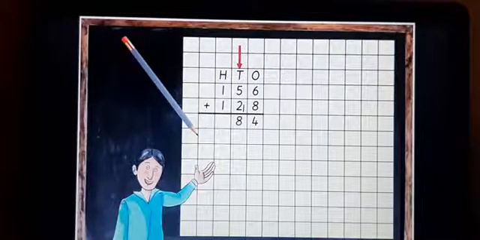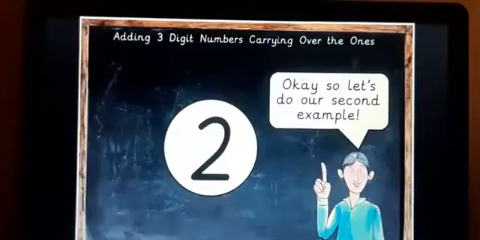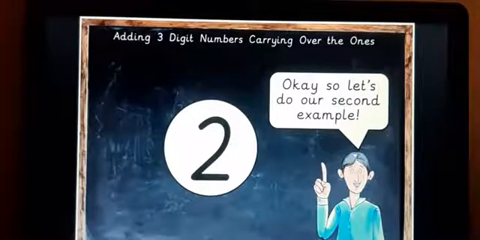Now in tens place, what did you get? 5 plus 2 plus 1. You will get 8 there. And again in the third place, the hundreds place, that is 1 plus 1, 2. So you'll get the answer correctly. You have done the job there. Your work is done. Now we'll see the next example, the second example.